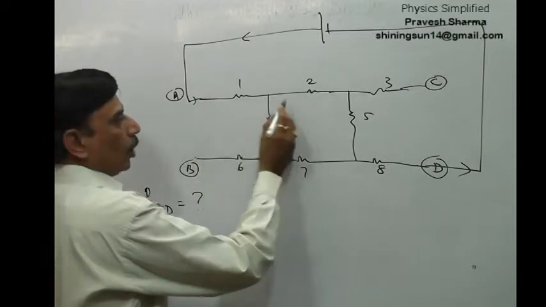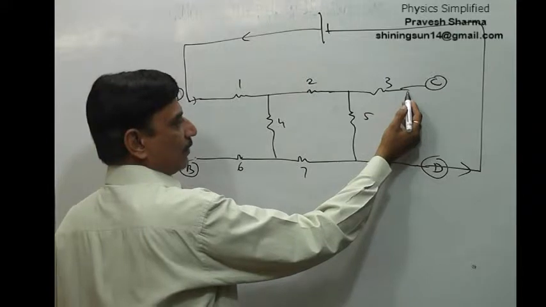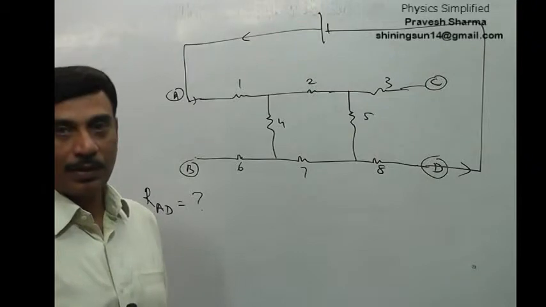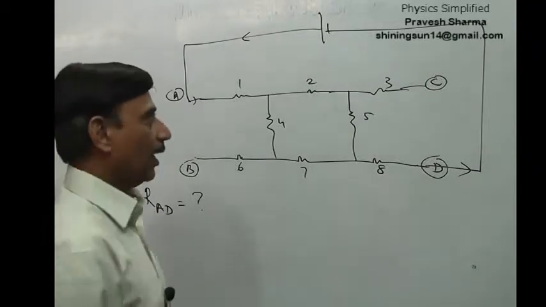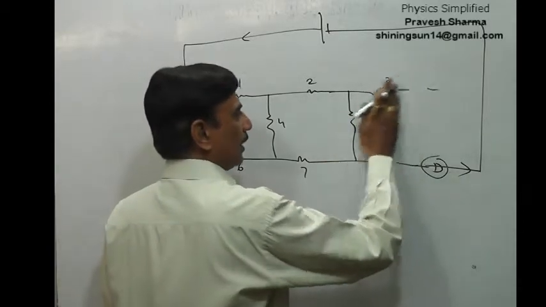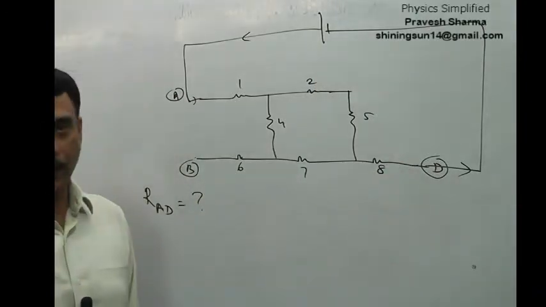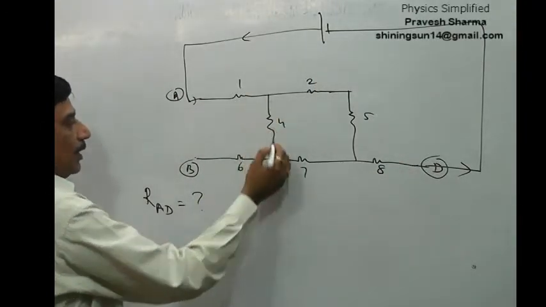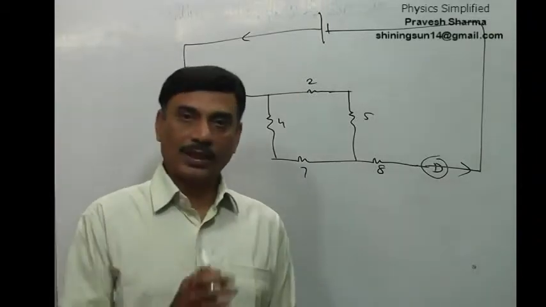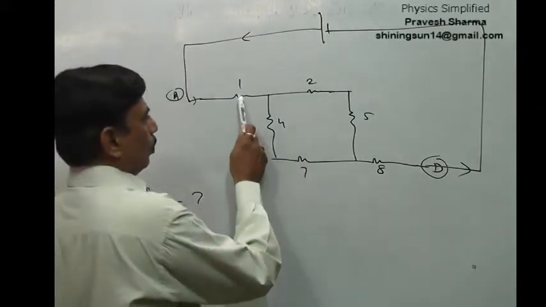The current shall not be flowing in resistance 3, because once it gets in, there is a dead end, there is nothing, so it cannot come back. Current flows in one wire in one direction only, and the whole circuit is sensed at one go, so there will not be any current in this. So this is of no use as far as the equivalent resistance between A and D is concerned. Similarly, the current will not get into this arm, so I remove this also. The relevant resistors which are going to be considered in this circuitry are 1, 2, 5, 4, 7, 8.